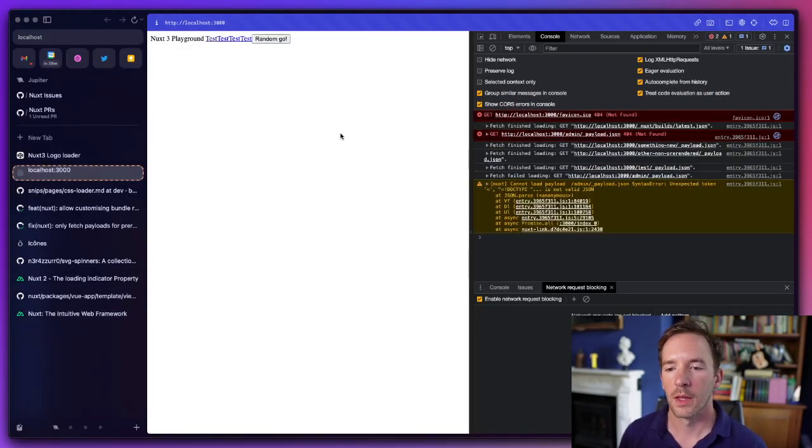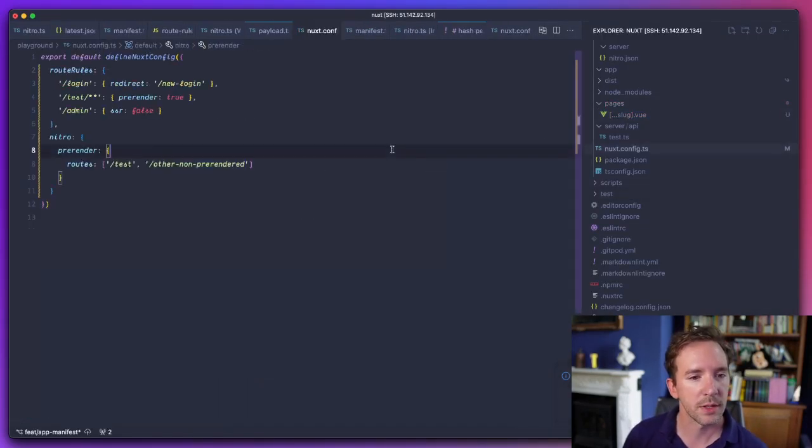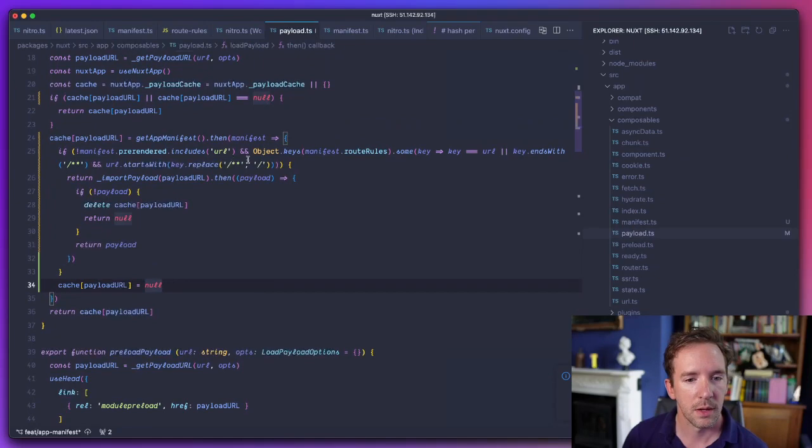Okay, got some tests. Yeah, okay, we couldn't load admin payload, which is what we're trying to prevent. We're trying to prevent trying to fetch it at all. So why did we try and fetch it? So here,